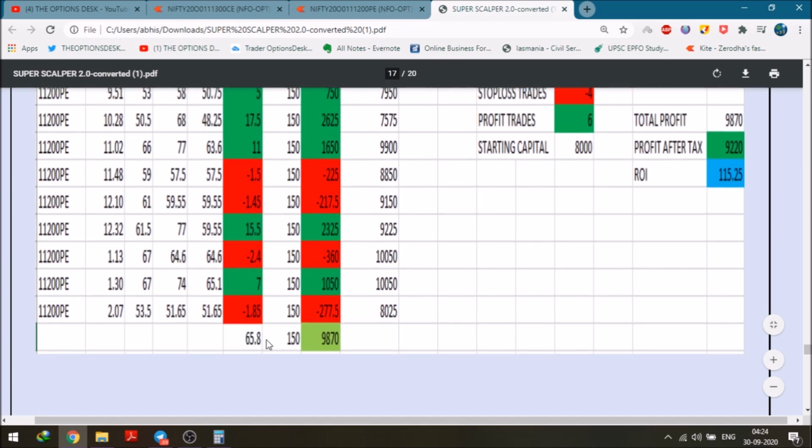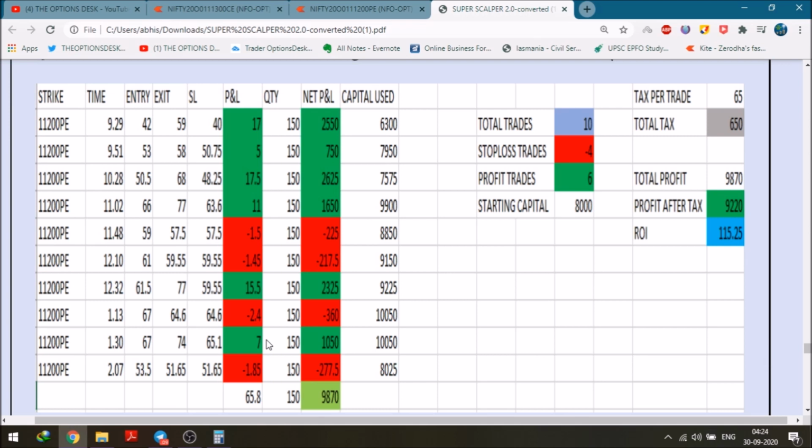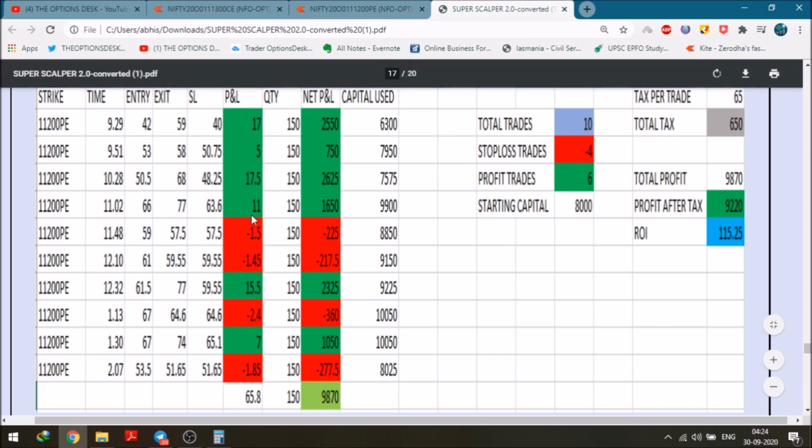65.8. You are saying, Abhishek, this is unrealistic, you cannot do that. Okay, I agree with your point that you have been facing losses and it is unrealistic. You can trade one fourth of this. You can take 15 points, 10 points also. If I reduce the whole PNL by one fourth, I'm saying you took very short trades. One fourth means of 17 you took only 4 points, of 17.5 you took 4.5 points, of 11 3 points, of 15.5 4.5 points, of 7 2 points. But if I'm reducing the profit by one fourth, I'm not reducing the loss. Loss is that much only. You could have taken 15 points profit.